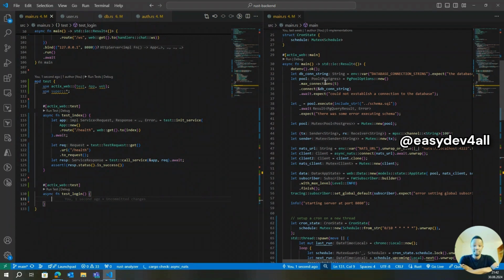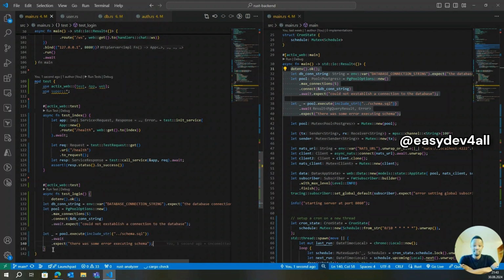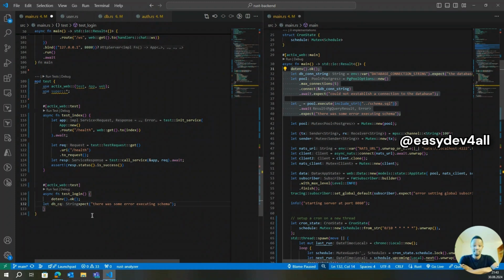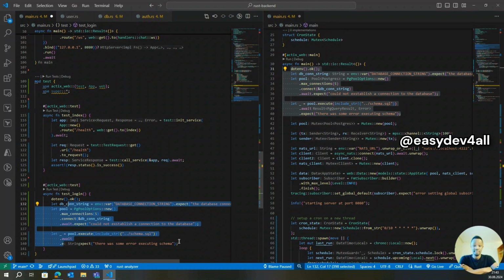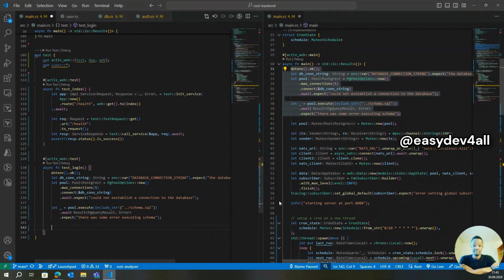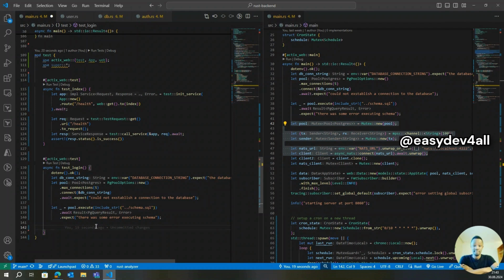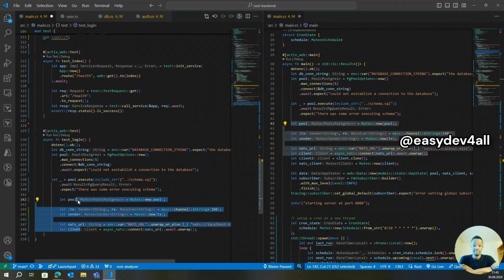Just to not waste our time, I'm really going to copy a lot of things in here because I don't want to repeat myself. So I'm just going to copy everything you see here and bring it down here. So we have our pool now. And what I would like to do is exactly what we had over here. So again, I'm going to copy all of this and come down here and dump everything